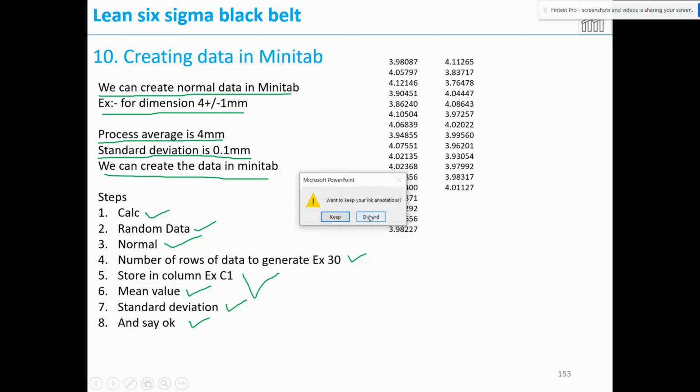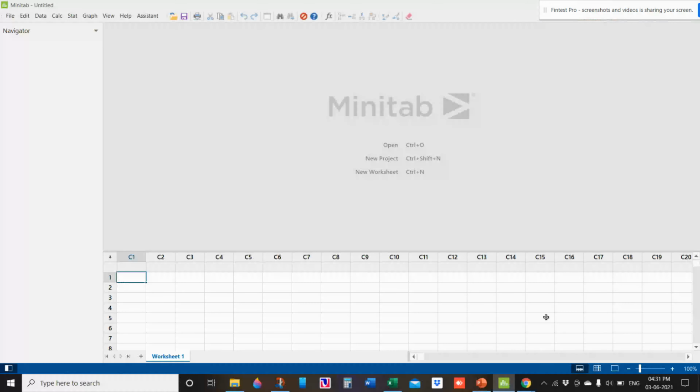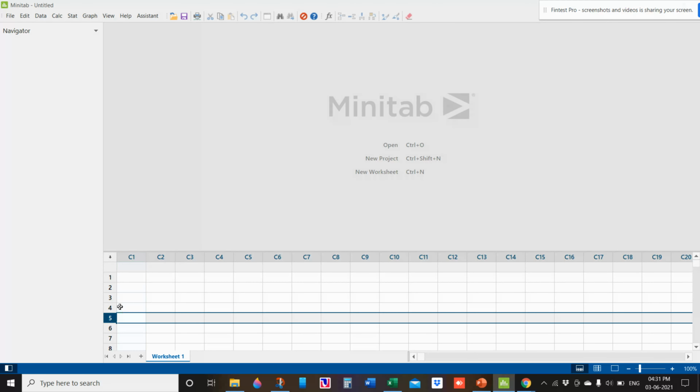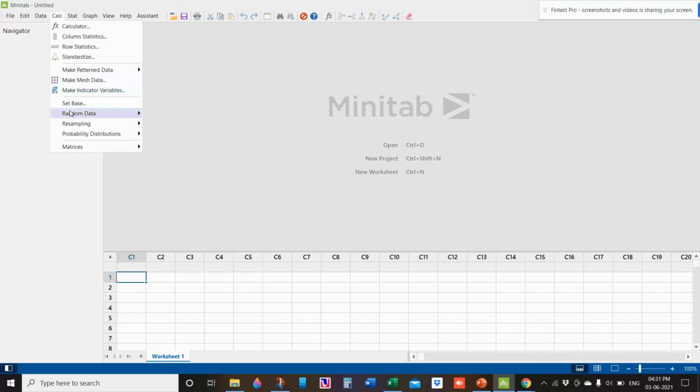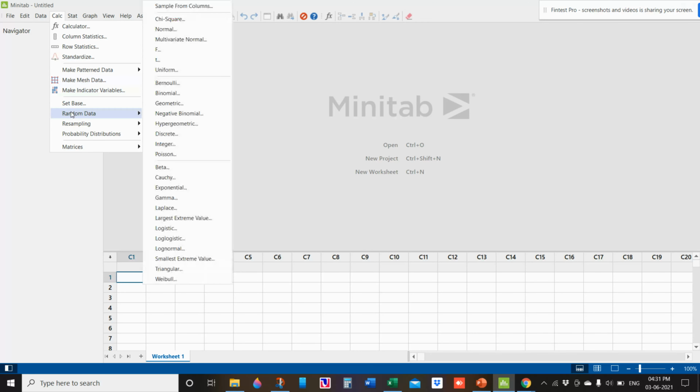Let us see how to create data in Minitab. Now this is a spreadsheet; at the bottom side you can see C1, C2 are the different columns and 1 to 3 are the different rows. Now go to Calc, then Random Data, then Normal.